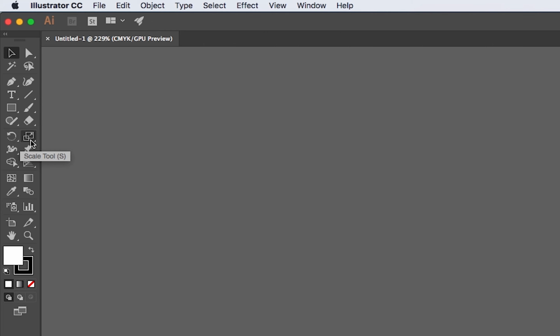Rotate tool, the Scale tool, the Width tool, the Puppet Warp tool, the Shape Builder tool, the Perspective Grid tool, the Mesh tool, the Gradient tool, the Eyedropper tool, the Blend tool, the Symbol Sprayer tool, the Column Graph tool, the Artboard tool, the Slice tool, the Hand tool, the Zoom tool, the Fill box, the Stroke box, and the